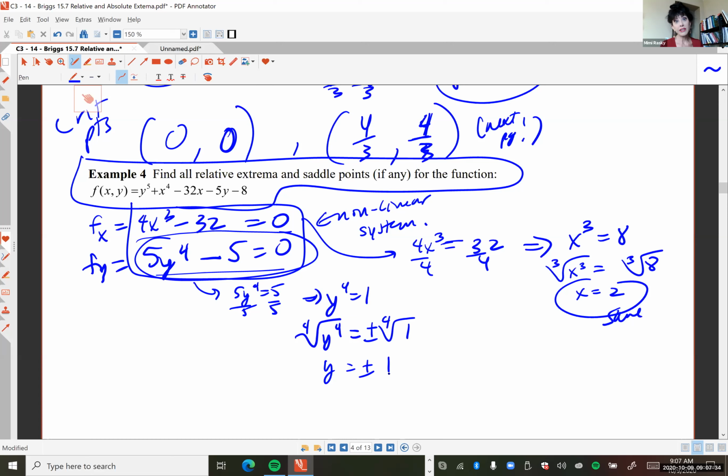And you probably already studied this fact in pre-calc anyway, so I'm reminding you. When you solve a polynomial equation, and we just solved two different ones, this one and this one, the number of solutions will be exactly equal to the degree of the polynomial equation. And so in the first equation, 4x cubed minus 32, it looks like when we did it, we only got